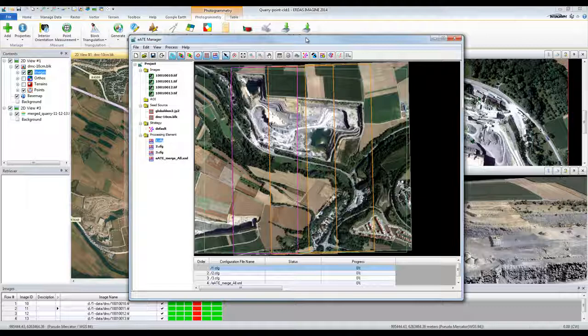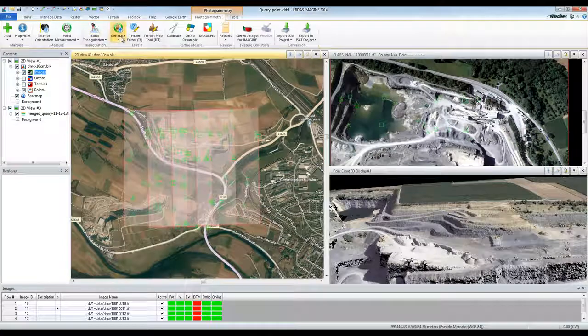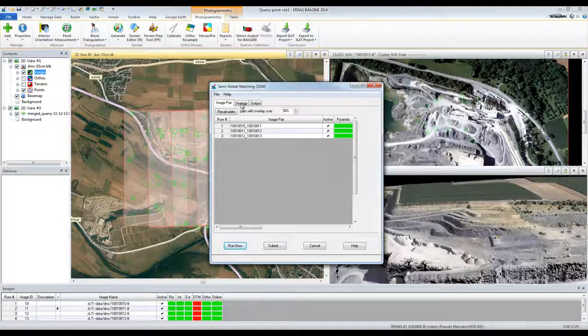eATE, being more of a pixel by pixel interrogation piece of software, does create an RGB encoded point cloud output as well as grid and TIN outputs, and is used for any kind of imagery, including satellite as well as frame. If we move on to the new semi-global matching algorithm that's available in our next release, this works